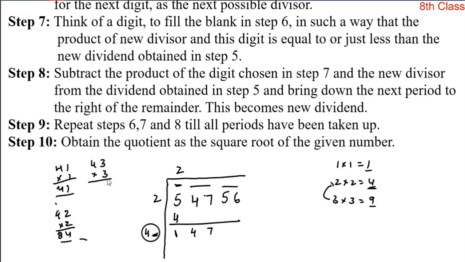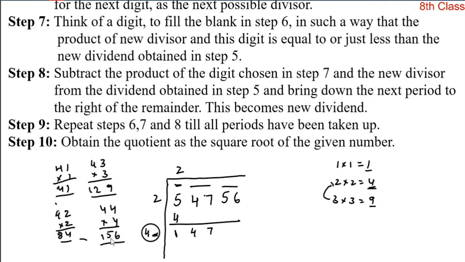Next, let's take 3. In the blank place, if you take 3, the number forming is 43, and multiply that 43 by the same digit. What you take in this blank place, you multiply that number by the same digit only. So 43 into 3. 3 3's are 9, 4 3's are 12. It's 129. Okay, let's take 4. 44 into 4. So 4 4's are 16, 156.